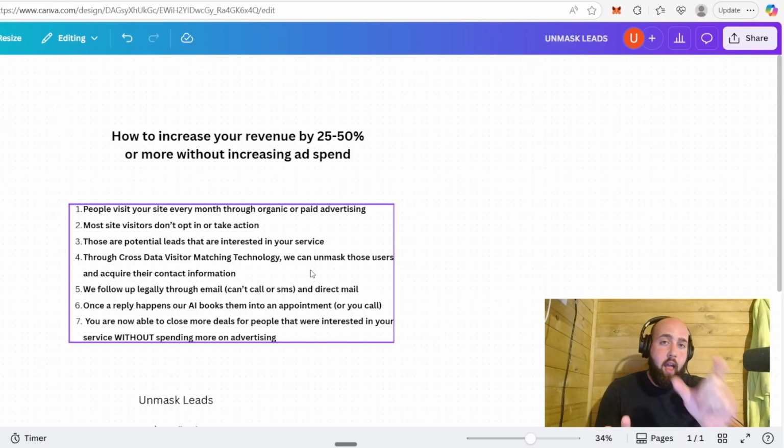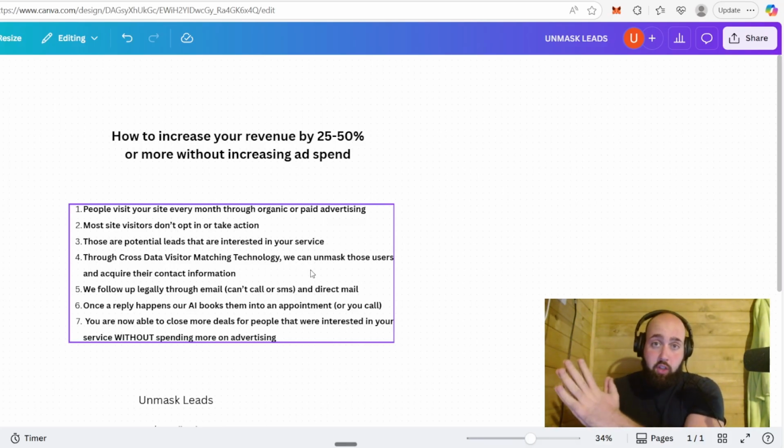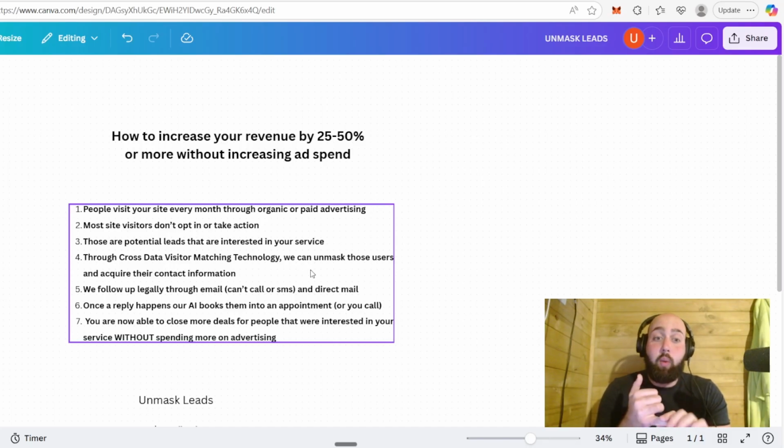How does this work? That script is installed in your website. When someone comes into your website, it analyzes their cookies. It cross-checks that, it matches it, cross-data visitor matching, it matches it with the big credit companies, which we have a contract with. We pay hundreds of thousands of dollars in licensing to get this information, and you get access to it. So you now have a full data profile of about 20 to 25% of people that are visiting your website. About 20 to 25% of people we can identify,